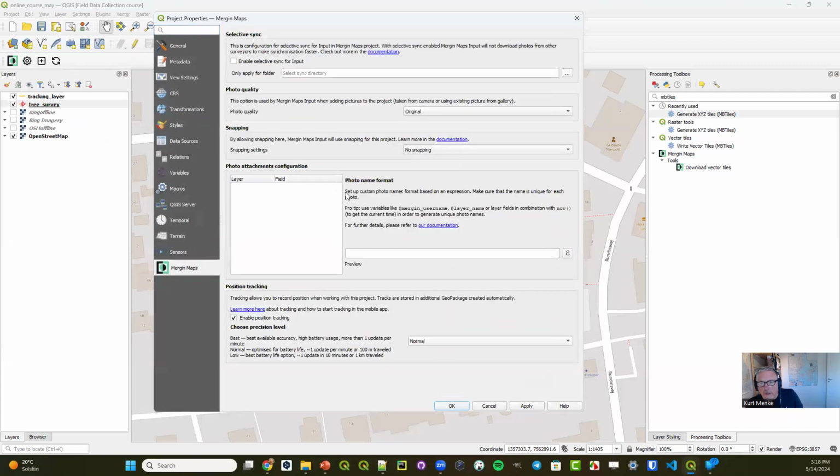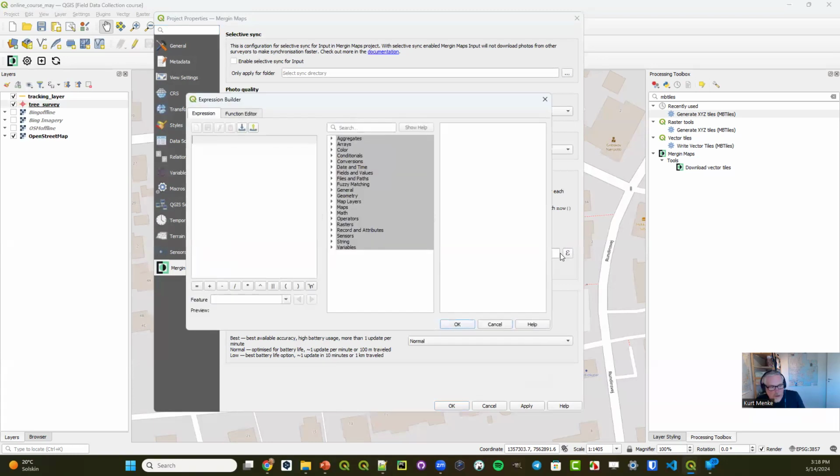I should be seeing my tree layer in here. Let me just see if this will work. I want to show you an example expression for creating a custom photo name. So if I open up the expression window,